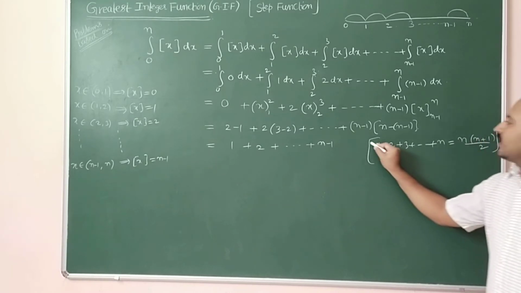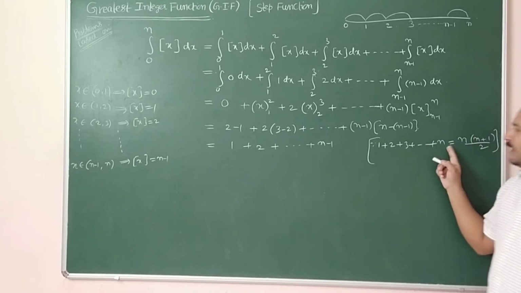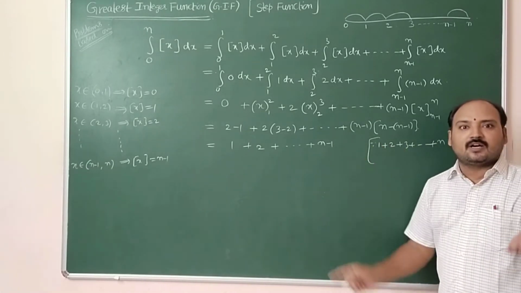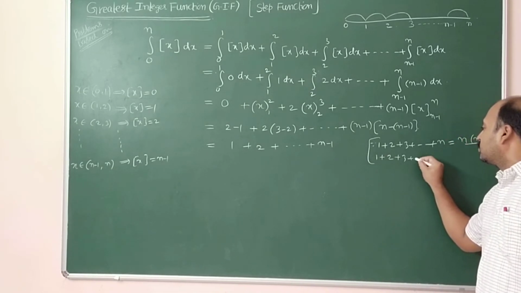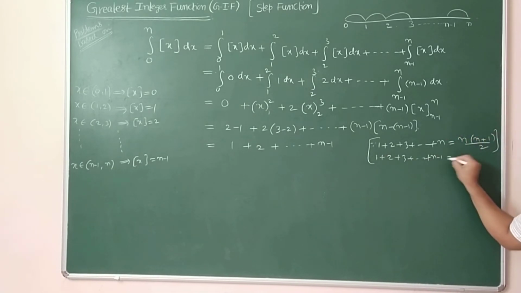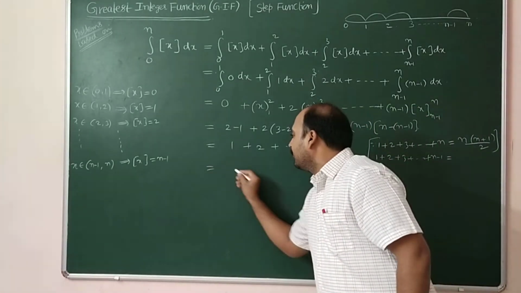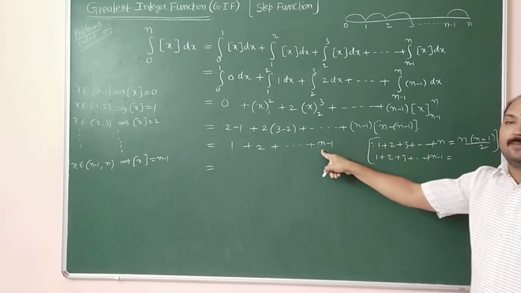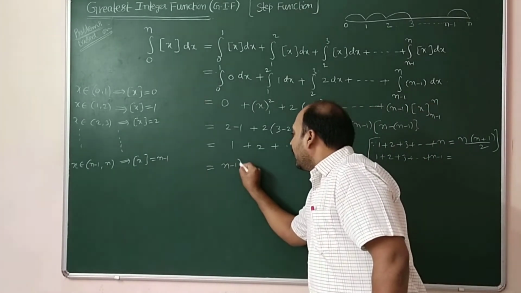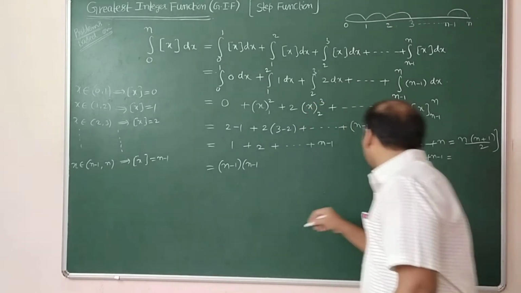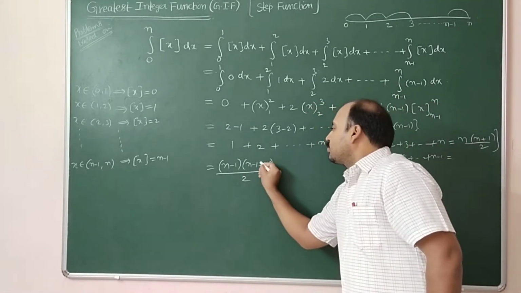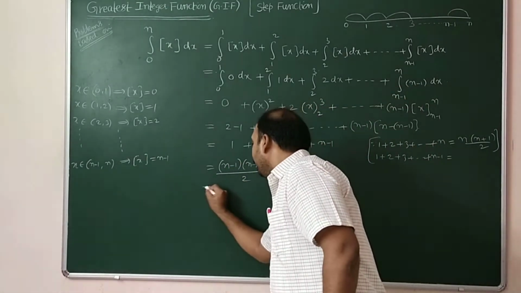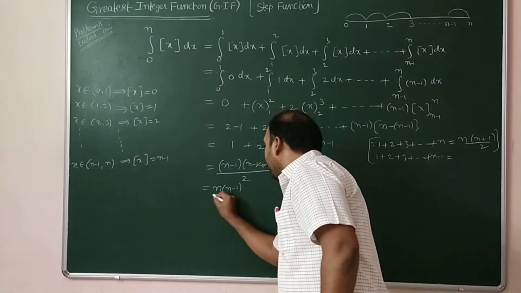We know that. Suppose in place of n, n minus 1 terms is there. That means the sum of the first n minus 1 terms, 1 plus 2 plus 3 plus and so on plus n minus 1, wherever n is there you have to replace with n minus 1. So in place of n, what we have to replace? n minus 1. n minus 1 into n minus 1 plus 1, divided by 2. Plus 1 minus 1 get cancelled. n into n minus 1 divided by 2.